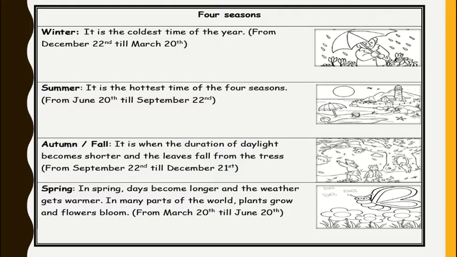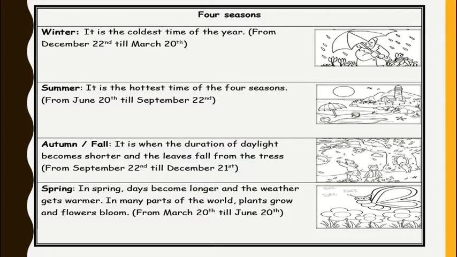Next, we have summer. It's the hottest time of the four seasons, and it starts from June 20th until September 22nd. Next, we have autumn or fall, and it's when the duration of the daylight becomes shorter and the leaves